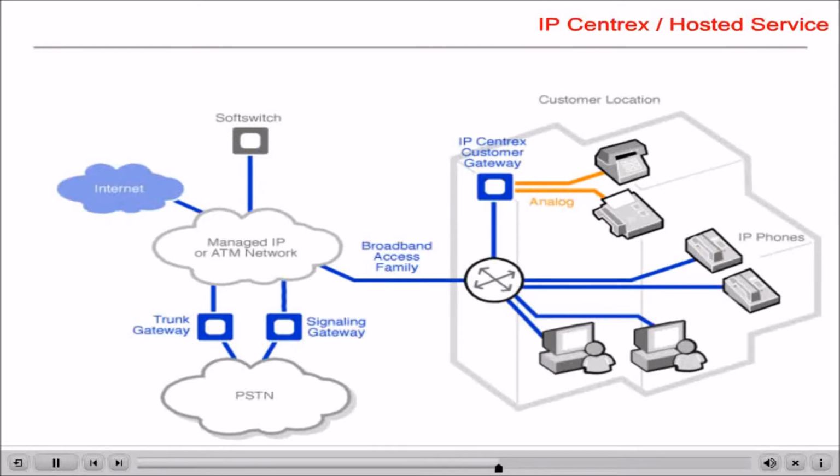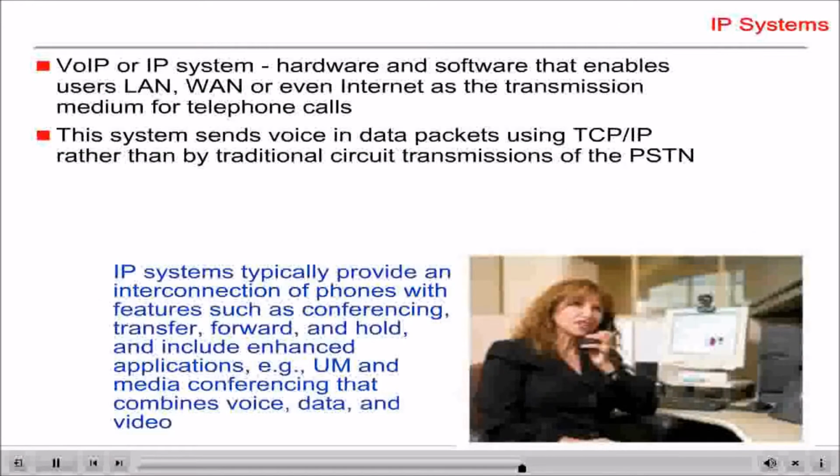IP Centrex provides familiar telecommunication features such as hold, transfer, mute, caller ID, speed dial, direct dialing, those kinds of things, and enhanced features like built-in conferencing and call center capabilities, unified messaging, as well as traditional voicemail services can also be included. VoIP, or Voice over IP, or an IP system, is a category of hardware and software that enables